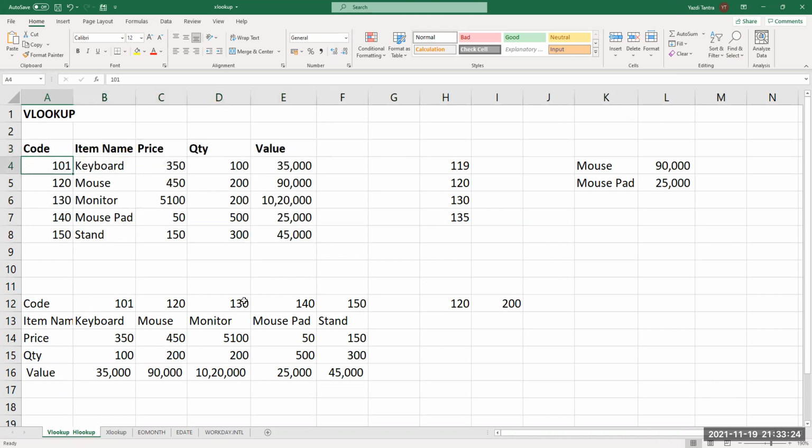Typically, we have, for example, a product code, and we want to look up what the item name is. So how do we do it? We just write the formula: equal to VLOOKUP.